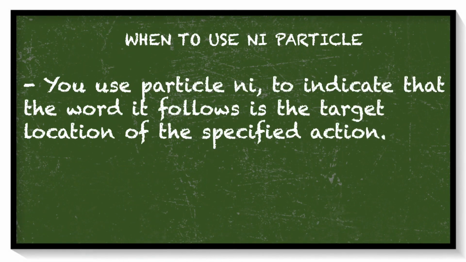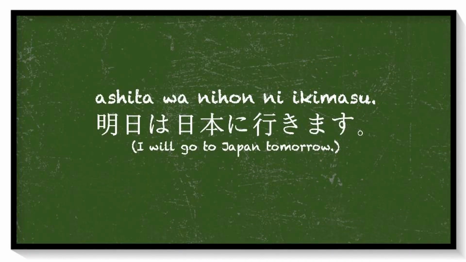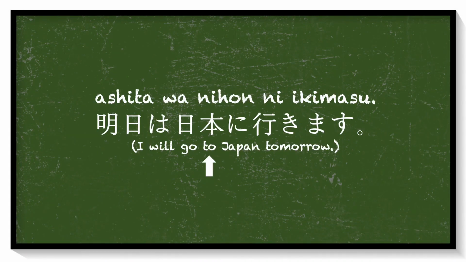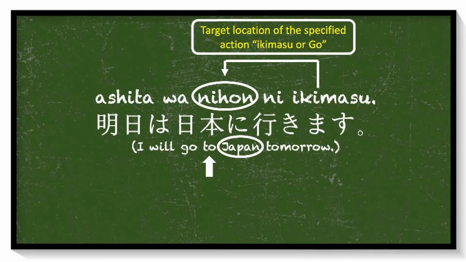You use particle ni to indicate that the word it follows is the target location of the specified action. For example, 明日は日本に行きます。 Here, ni is translated as to. In English, the item followed by ni, which is 日本, or Japan, serves as the destination of the specified action. 行きます。